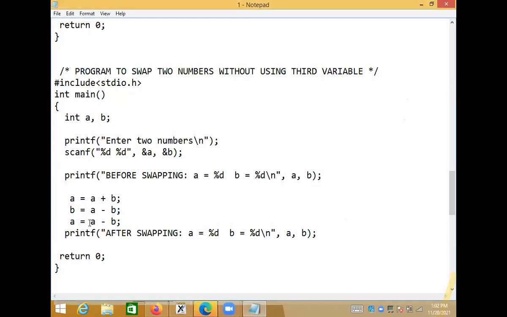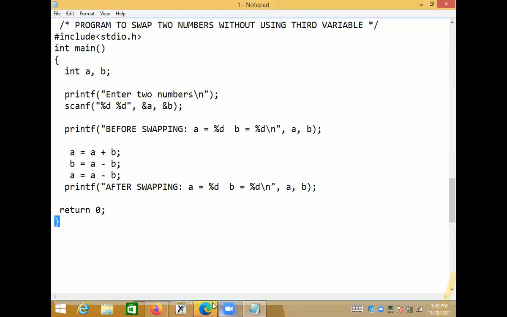What will the computer do? It calculates the right hand side values first, then that value will be assigned to and stored in the left hand side variable. So if you write a minus b is equal to a, then that is wrong. Not left to right, it is always right to left. Please remember, assignment will be done by the computer from right to left. So we should write statements accordingly.